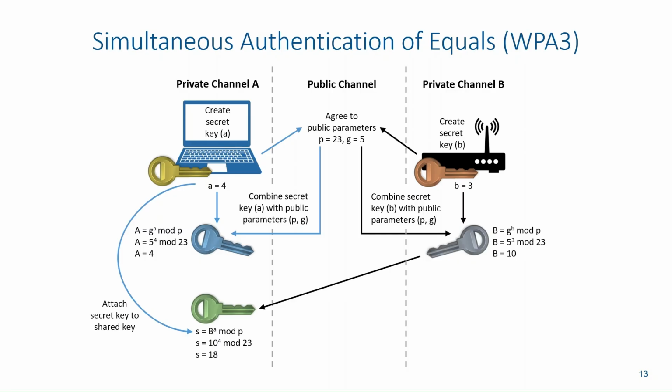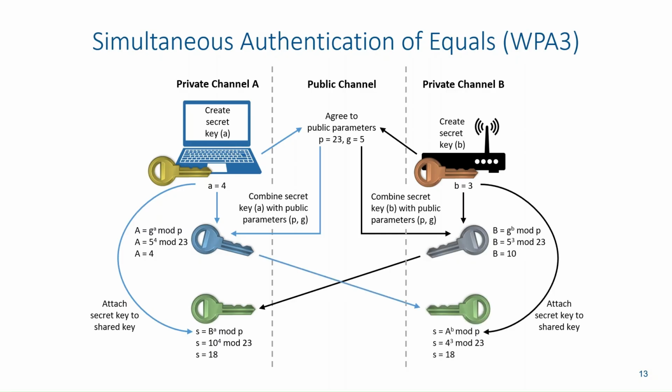This now becomes the session key because B is going to do the same thing. They're going to attach their secret key to A's shared key. So A raised to the B mod P, so 4 raised to 3 mod 23, and it's going to end up with 18, which is now the session key. So both devices now have a shared secret, this session key, that they're going to use for subsequent